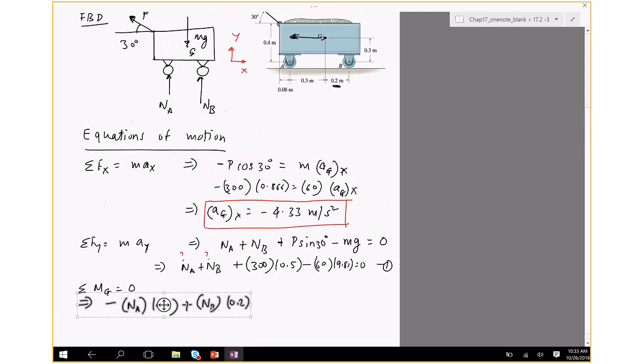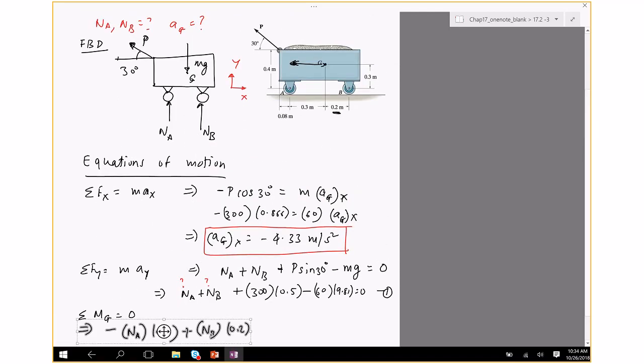Okay, so P, and feel free to write it on the free body diagram if you like. P sine 30, P cosine 30, and P sine 30 degrees, that's upwards and to the left. So P cosine 30